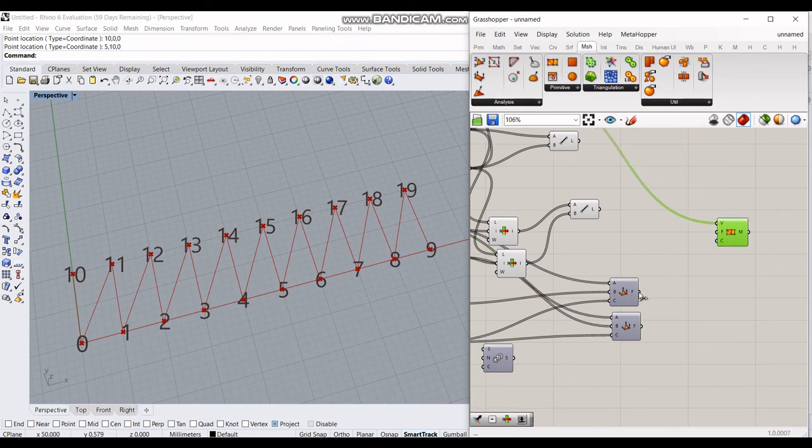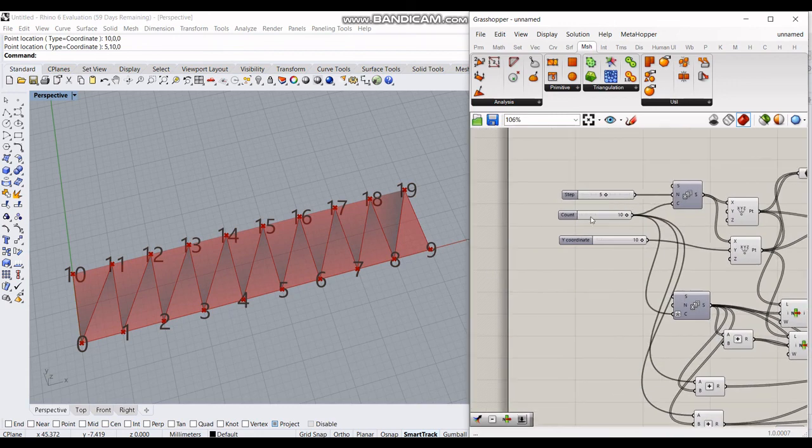Now we have got the vertices, so let's add the faces also. As you can see, after adding faces, all the 9 upper triangles get added here. Now using the shift, I can add this as well. So we have got the lower triangles also. Now this gives us a mesh with 20 vertices and 18 faces. The main advantage here is you can vary any of these, and this will still be valid.